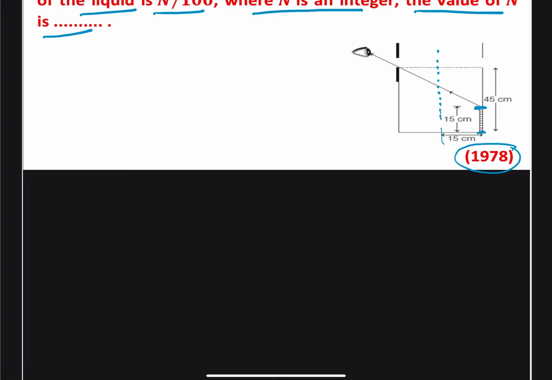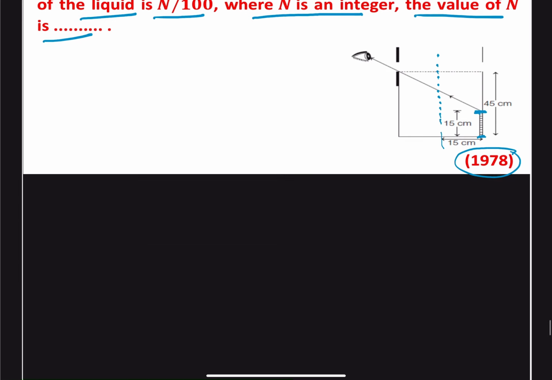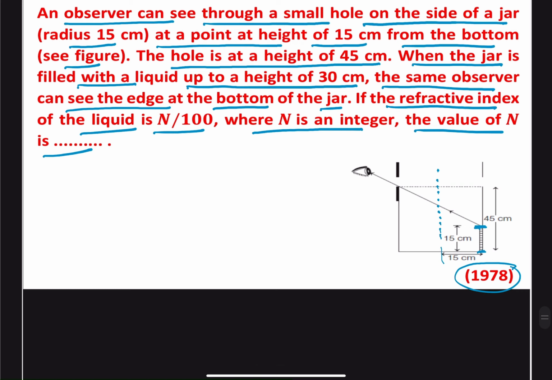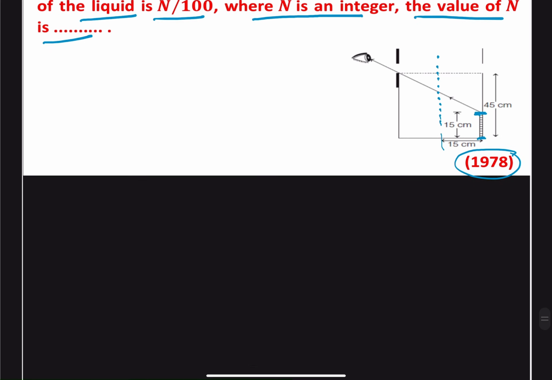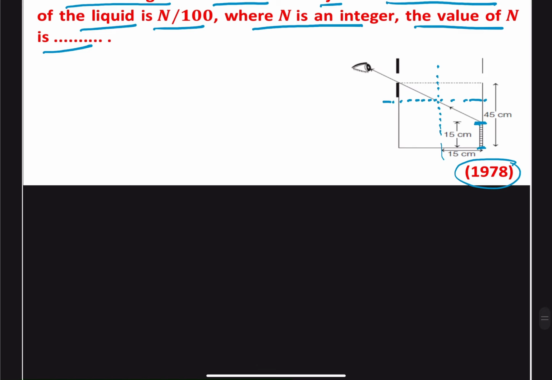If the hole is at 45 centimeter, and water is filled at a height of 30 centimeter... so water is filled up till this point. So this is our 30 centimeter,